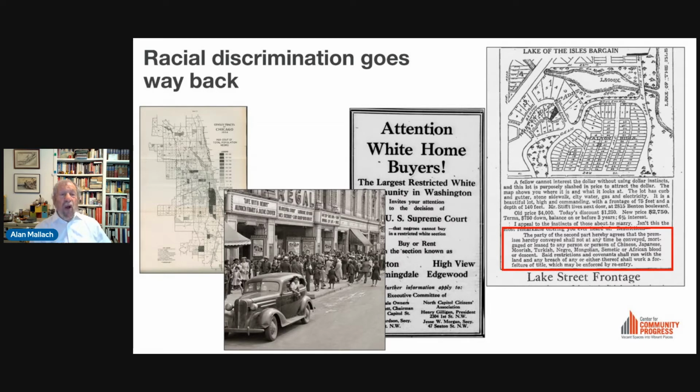Racial discrimination goes way back. And in fact, just a little bit of history. Back in 1910, it was interesting. It was the city of Baltimore that invented the idea of racial zoning. People were very upset that a young Black lawyer and his family had moved into a row house in an otherwise white neighborhood. And so the city council passed a law which said no Black family was allowed to move into any neighborhood that was not already 50% Black.